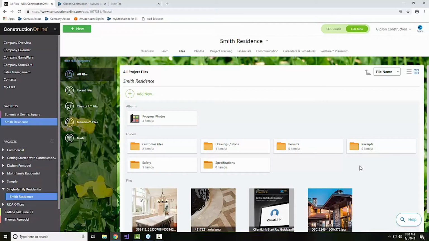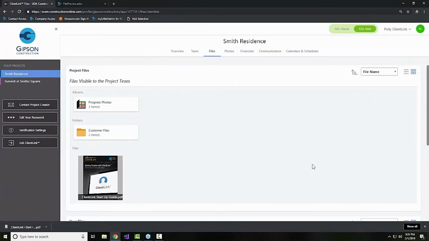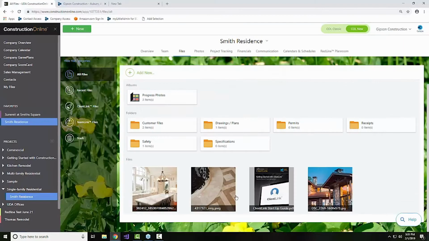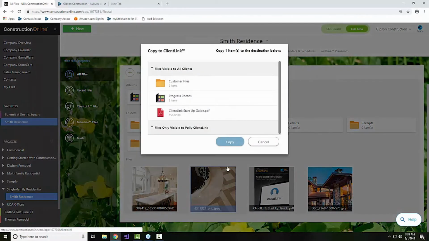Now, if we look at how do we transfer the files from our file section to the clients, because you can see that with my files, I have quite a few folders and pictures and documentation that I've got. Not all of these are yet visible to my clients. Some of them are, but some of them are not. So if we want to share or can I copy any of these, you'll just select a right click, copy over to ClientLink, and at this point it's going to ask me if I want to share this with all the clients on this job,